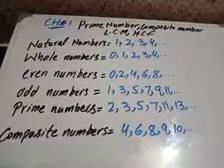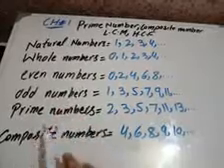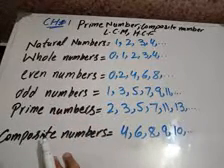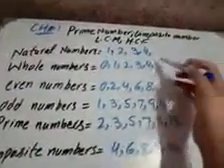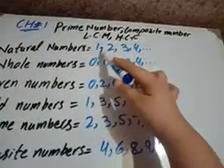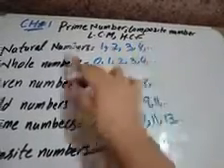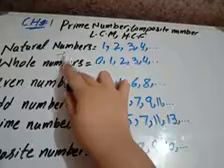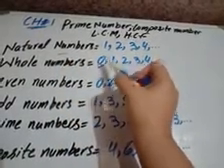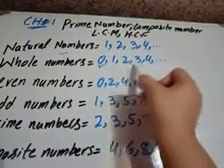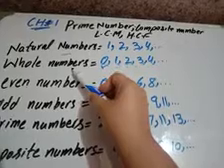Let's start our chapter number 1. Before starting the chapter and exercise, we just recall the previous definitions and the numbers which we learned in the previous classes. We also know the numbers, all counting numbers 1, 2, 3, 4. We give them a special name, natural numbers. And the number 0 is also included in our daily life. So 0, 1, 2, 3, 4, this type of number group is given the special name whole numbers.